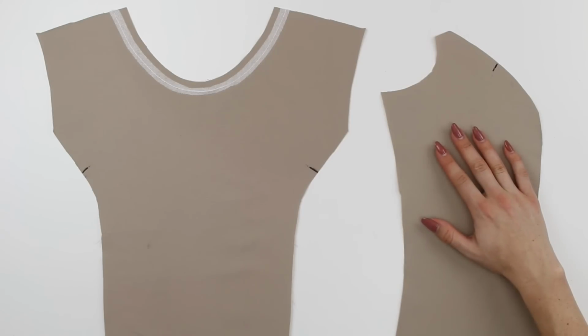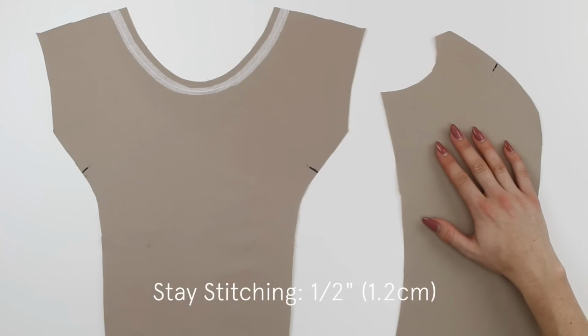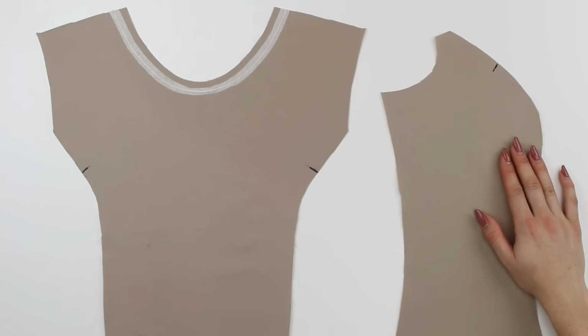So the pattern that I'm working with here has 5/8 of an inch, 1.5 centimeters seam allowance. Therefore, I would stay stitch 4/8 or half an inch away from the edge, or 1.2 centimeters. Now, your pattern may ask you to stay stitch an area. It will generally be between notches or